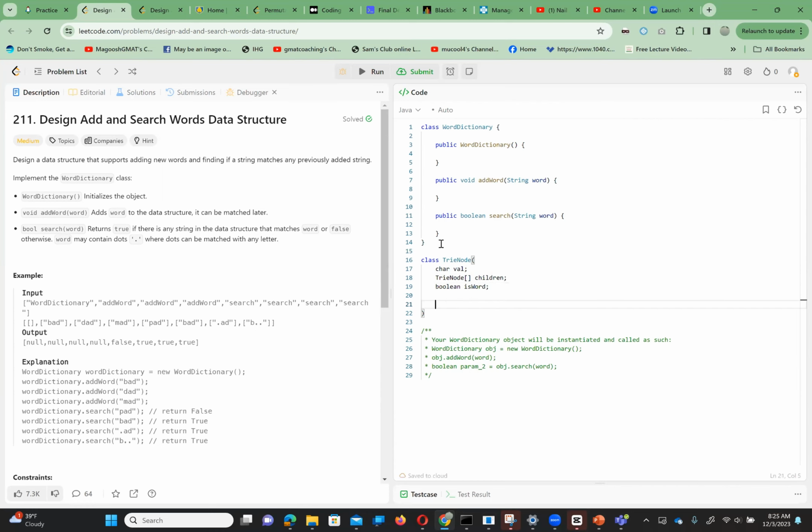The constructor for the TrieNode, given a character C,